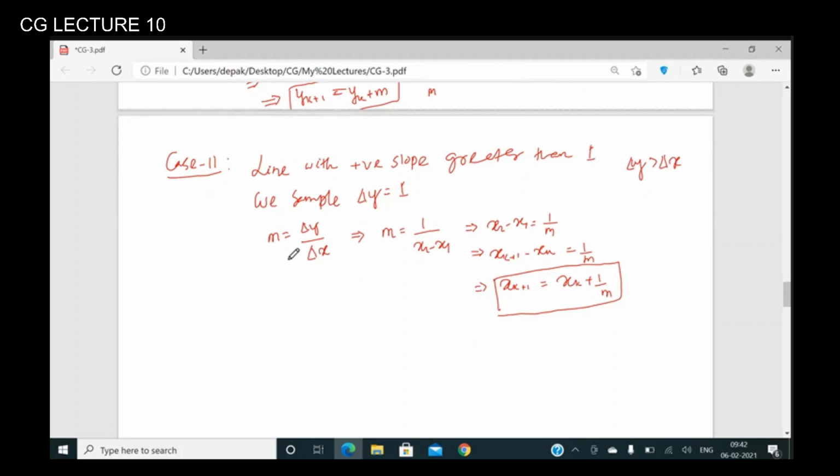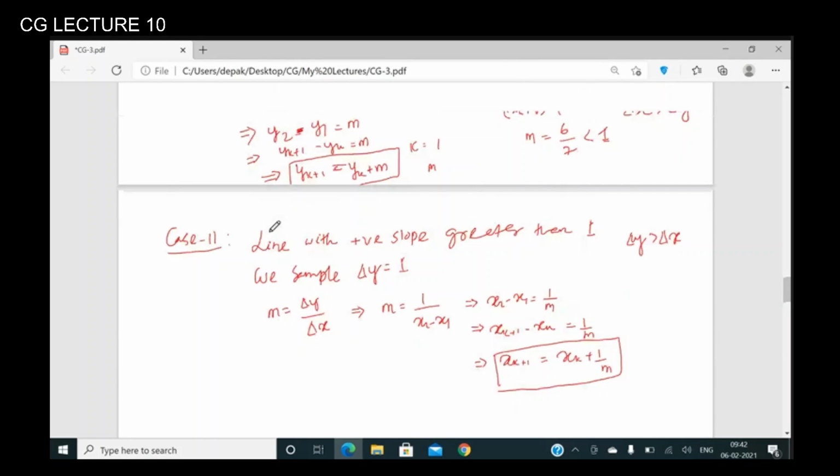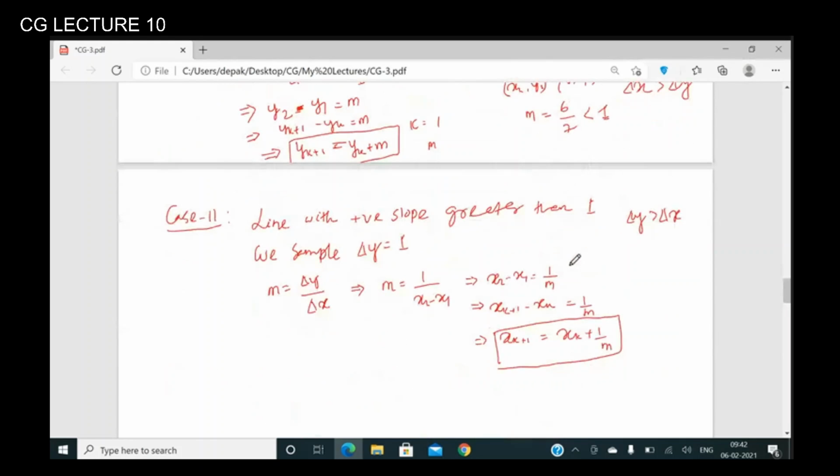So there is one thing you have to remember here. So what is the point you have to remember here? The equations we have just now derived for case 1 and case 2 are based on some assumptions. So what is that assumption? That the lines should be processed from the left end point to the right end point. I mean, these two formulas will work for such lines